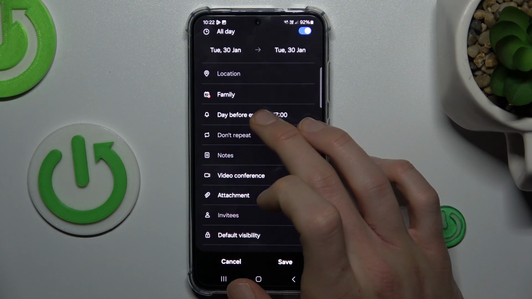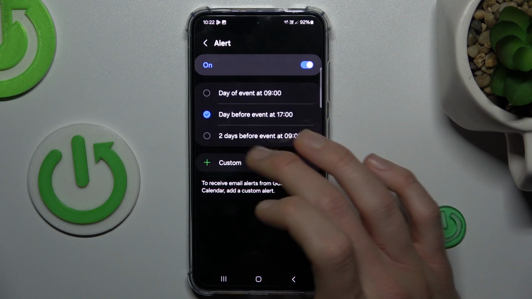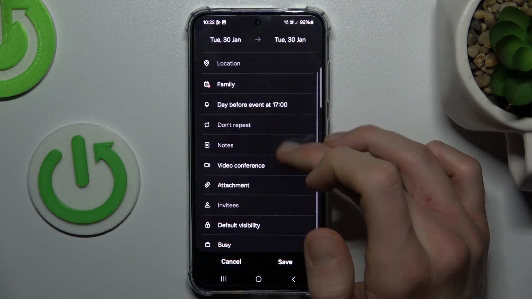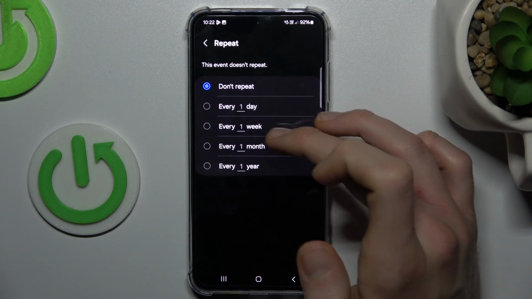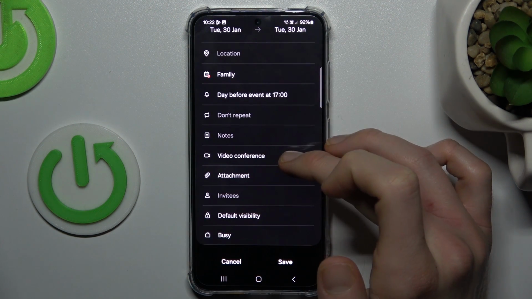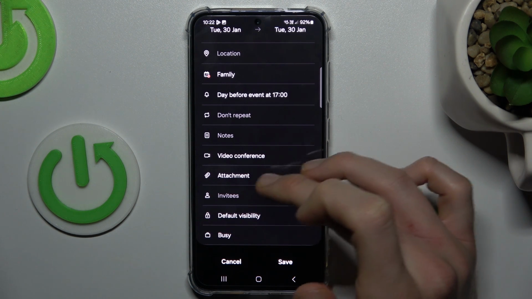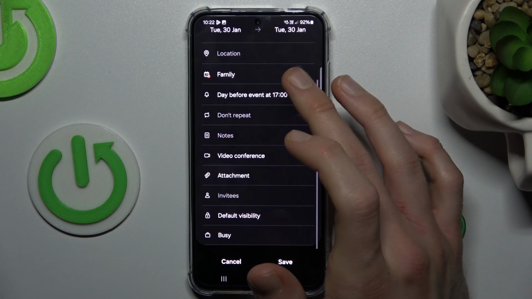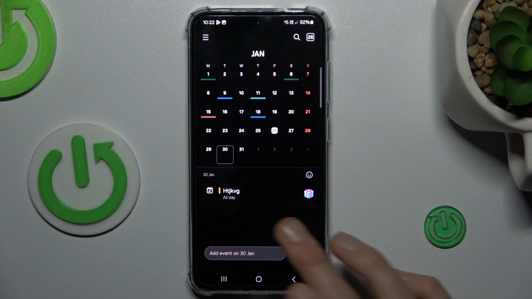There we can set an alert for when we get notified about our event, maybe the day before the event at 5 o'clock. Repeat of events, maybe every day, every week, or don't repeat. Notes to the event, video conference, attachment. We can invite some guests to our event. And after we add all we need, we press save and we have it in our